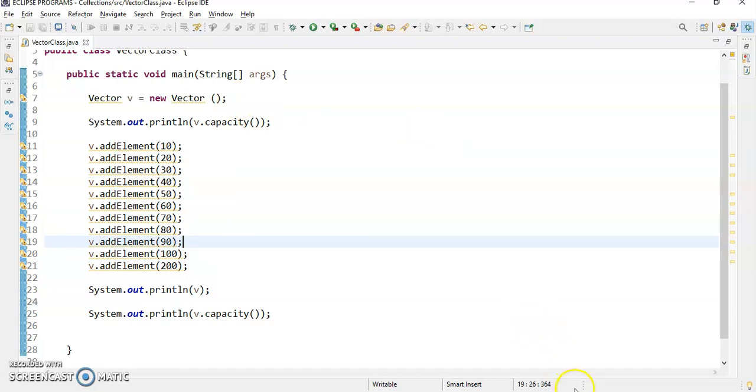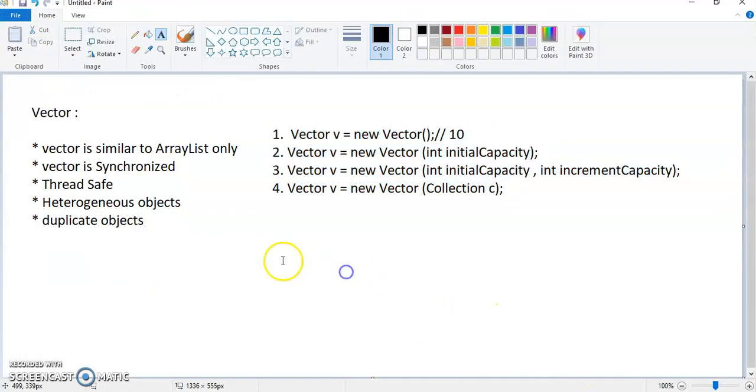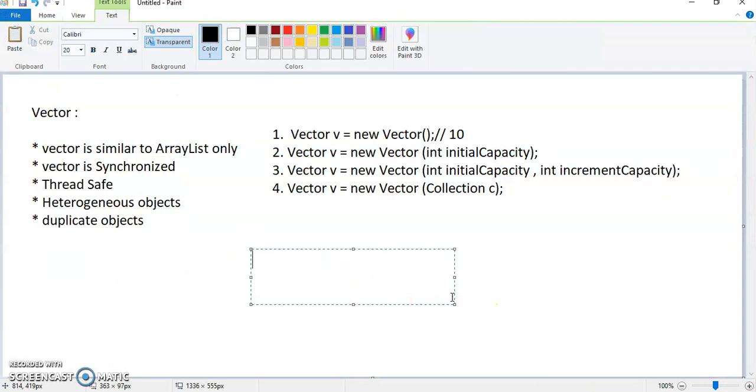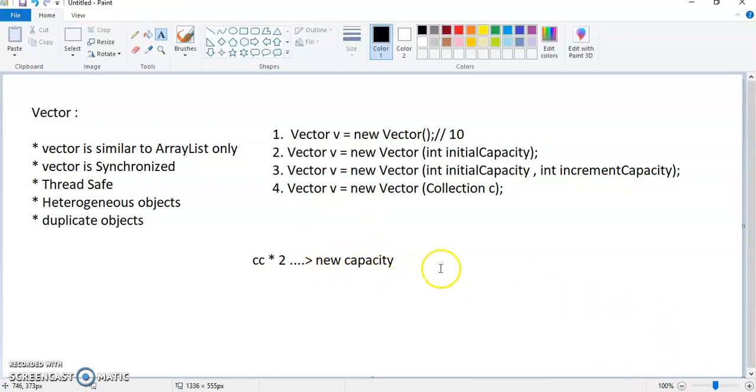So what is the formula? The new capacity is the current capacity multiplied by twice. This is how the vector size is increased.